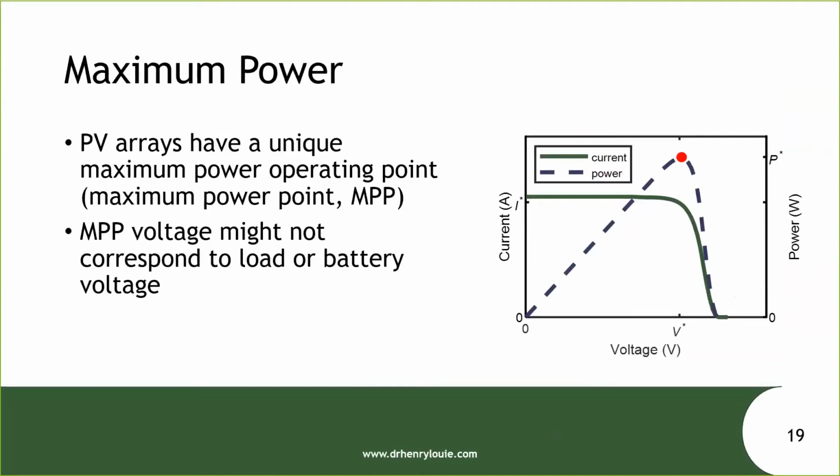And so what this means is if you were to plot the product of the voltage and current, it would trace out that dashed line, which is shown there. One thing we need to keep in mind is that this power has a unique maximum, and that's shown by the red dot. And really what we try to do is expose our PV array to conditions which will make us operate right at that red dot. But there's no guarantee that we're actually going to operate there. We actually need to actively control the PV array to get it to operate there.